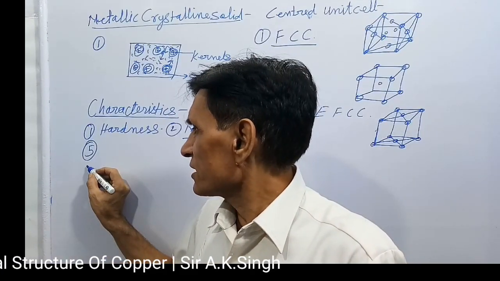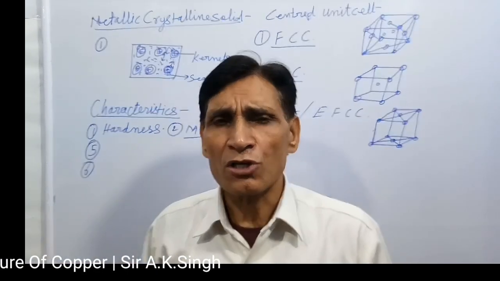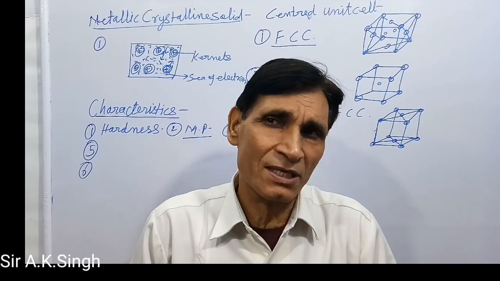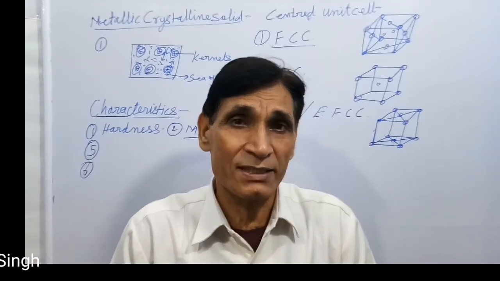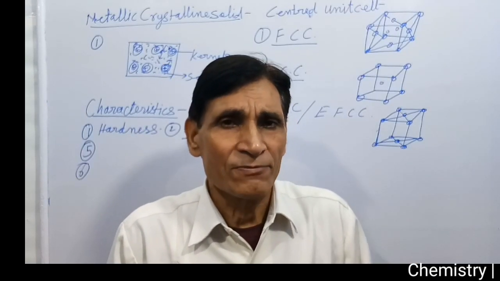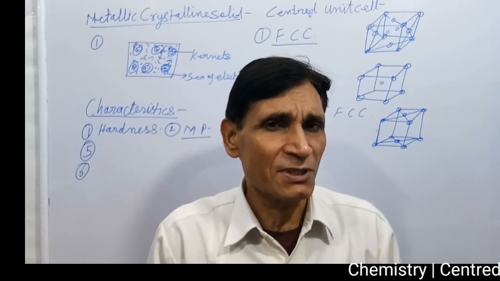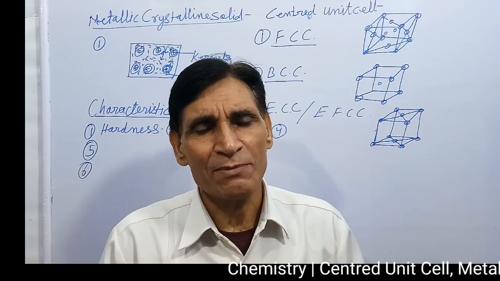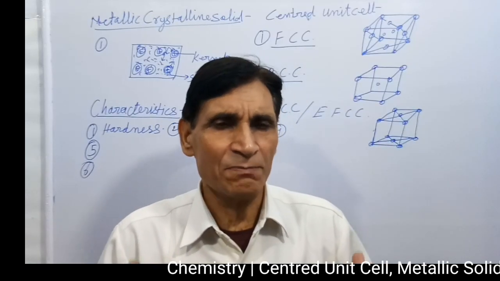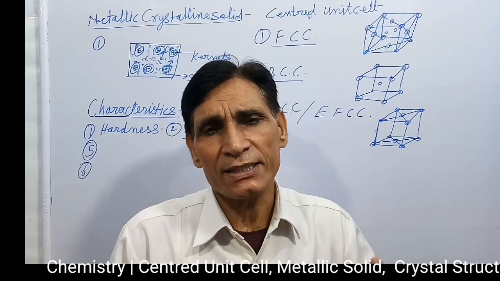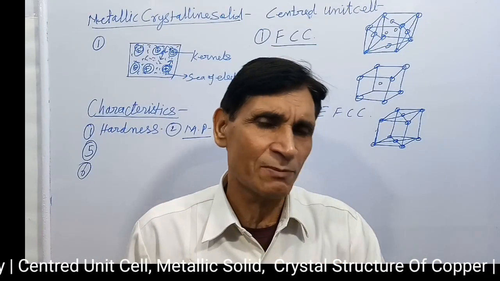Next, ductility. Metals are ductile. Fine wires can be drawn from a piece of metal like copper wire, aluminum wire, iron wire. Because of this metallic bond, fine wire can be drawn from these metals. Next point, tensile strength. Metals have high tensile strength. Even a thin plate, wire, or rod can withstand heavy load and jerk without breaking because of a strong metallic bond.